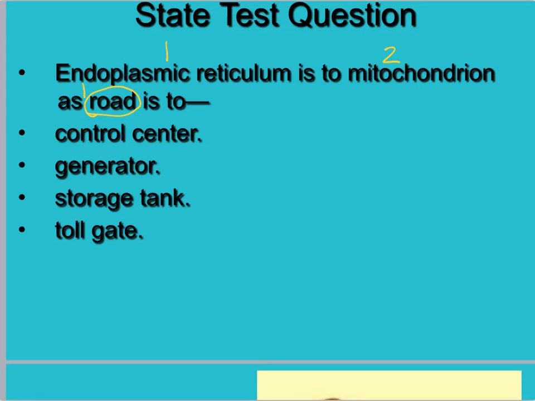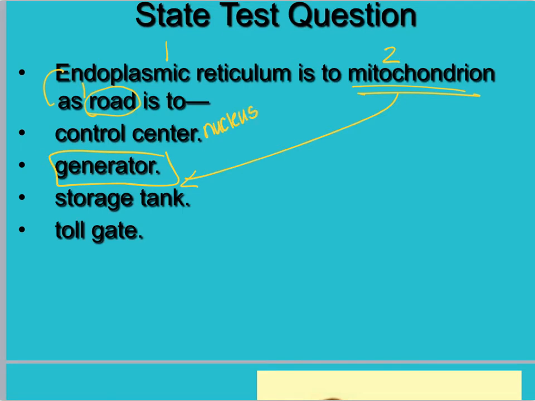So those two go together. I'm looking for what goes with mitochondrion. Would control center go with mitochondrion, generator, storage tank, or toll gate? Hopefully you would pick generator. So these two go together, and it wants to know what goes with this. The control center would be like the nucleus. The toll gate would be like the cell membrane. The storage tank would be like a vacuole, which we're going to talk more in depth about in a few